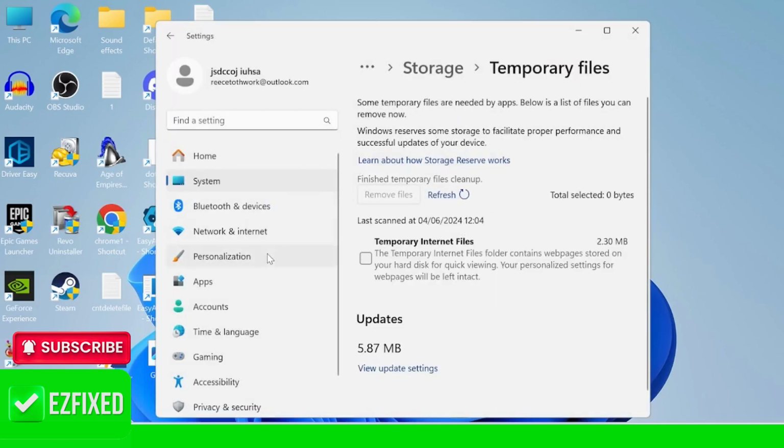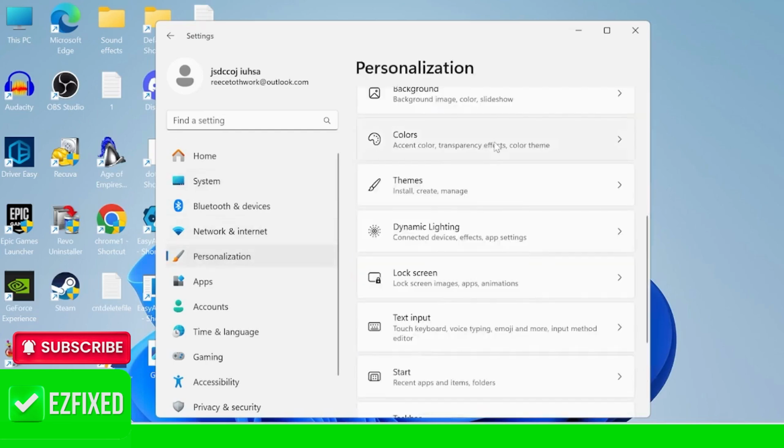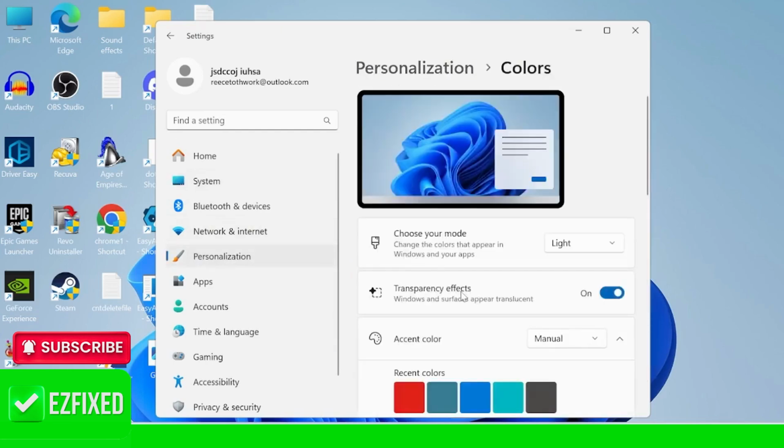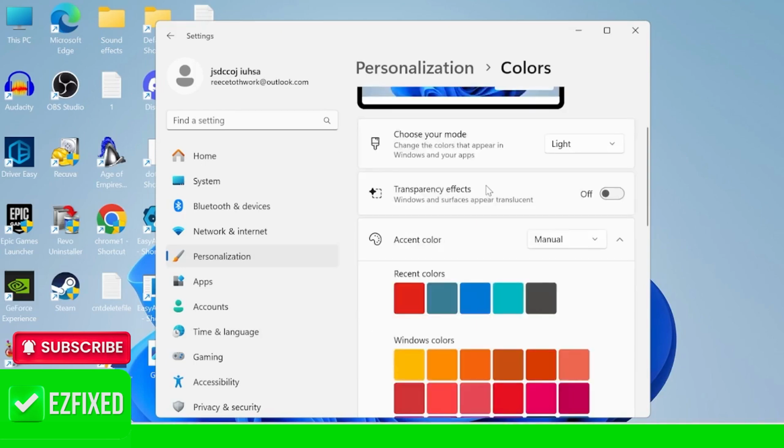Then come over to the Personalization tab from the left hand, inside of the Colors tab, and we want to turn Transparency Effects off, as this also causes performance issues. And now I'd recommend for you to restart your computer in order for all of these changes to take effect,